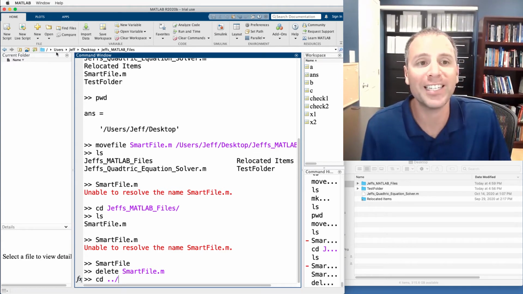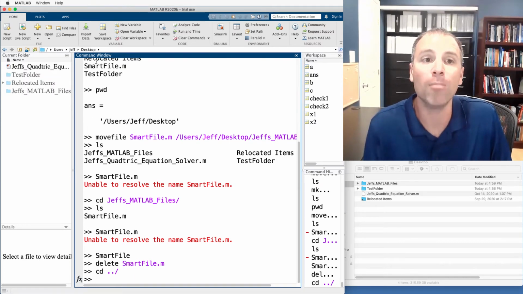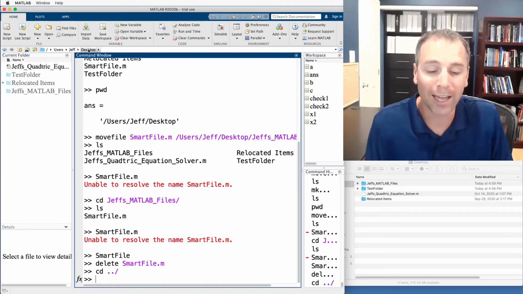The librarian is sitting inside the folder that I just created. Let's go one up in the hierarchy. I could do that by pushing the one level up button in my toolbar, or I could tell MATLAB, please change directory by going one level up. Let's push enter. Notice I have now moved that librarian one level up.